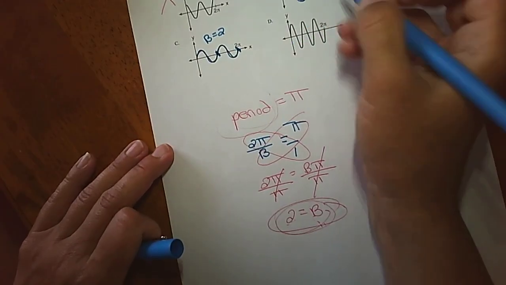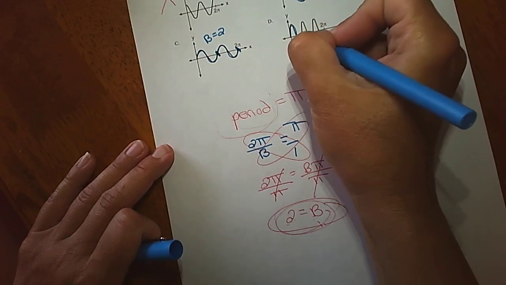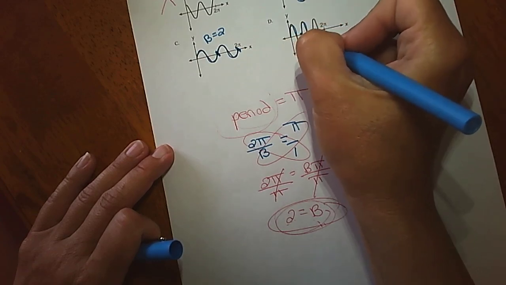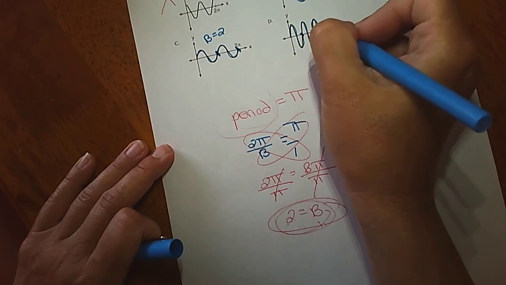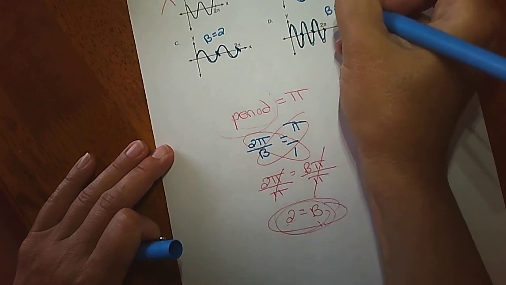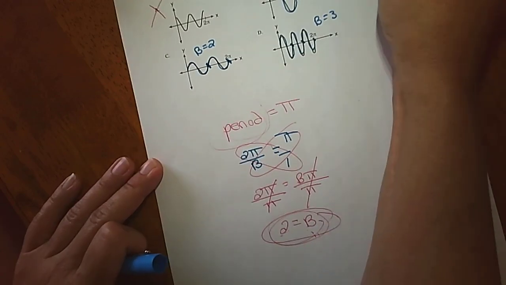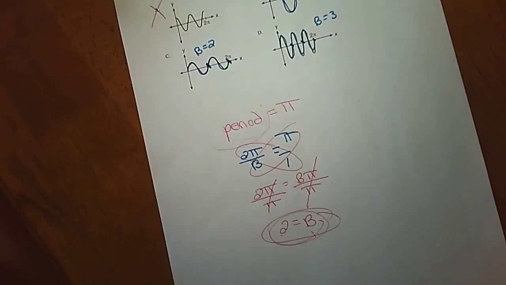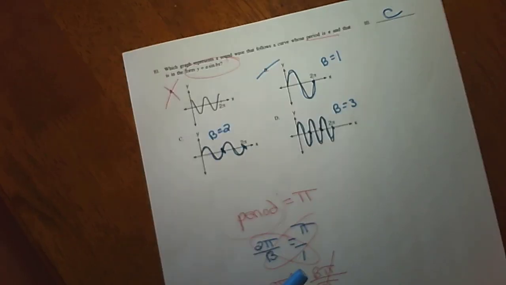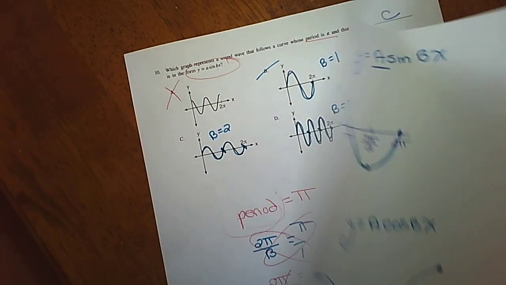How many up and downs do we see here? Well, there's 1, 2, 3 up and downs. So that means B would be 3. We need B to be 2. So that's choice C. So this is a little trickier than the last homework, right? But let's see how you do. We're almost